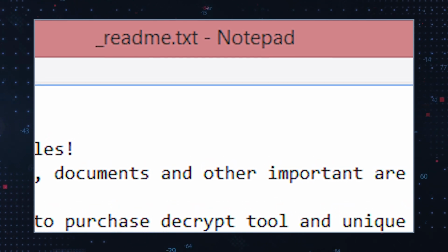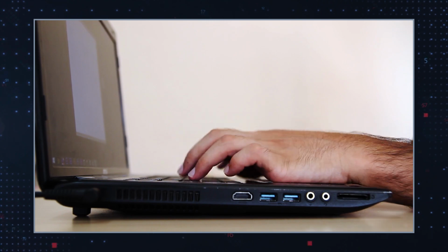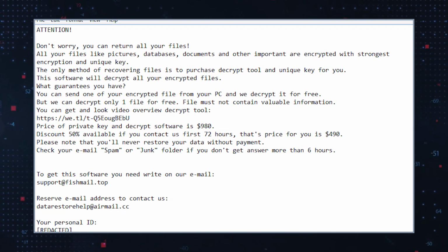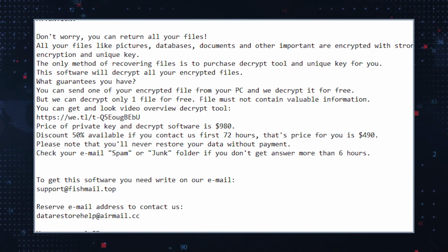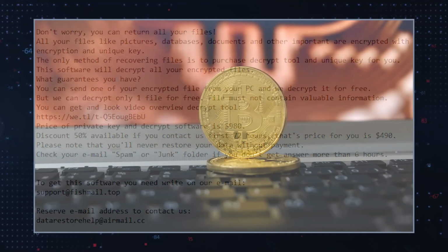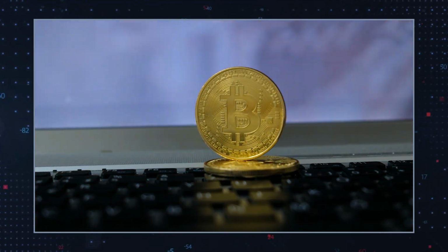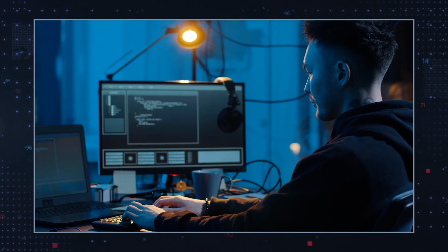The ransom note is dropped in the _readme.txt text file in each affected folder. This is how the menacing ransom note confronts the BTNW ransomware victims. The note states that encrypted files can only be decrypted with the help of unique software and key, which the attackers offer for $980. Victims can get a 50% discount for $490 if they contact the ransomware operators within 72 hours